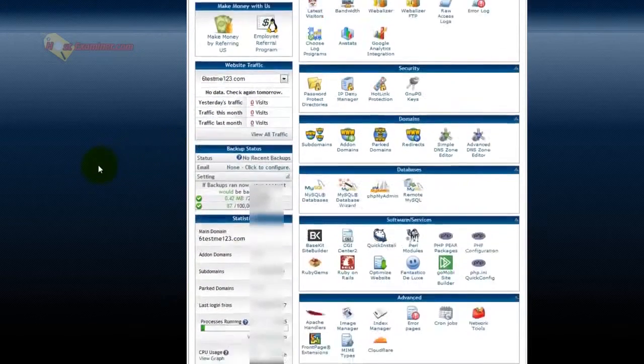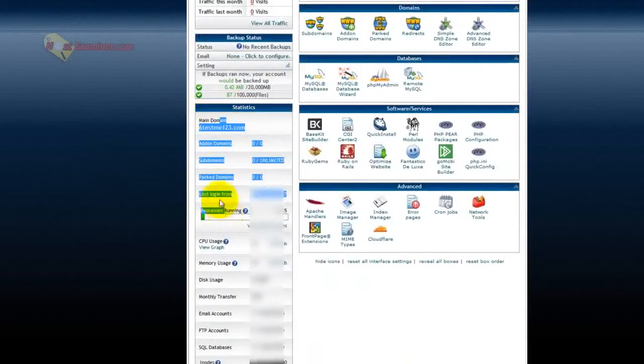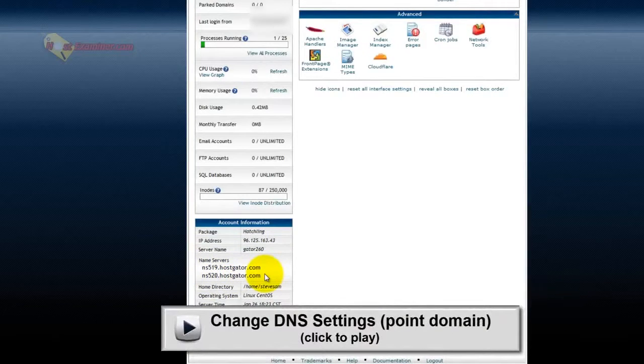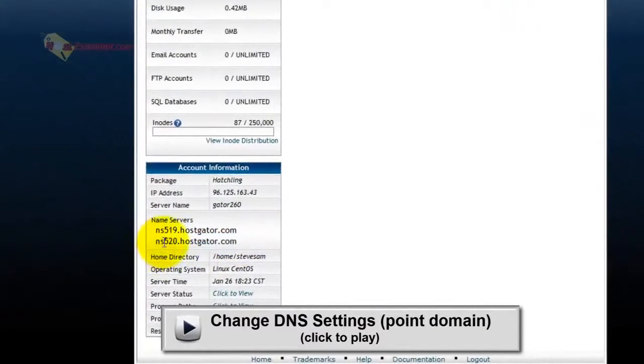The other thing is right down here is all the info on your server and your hosting plan, the name servers. So if you have a domain hosted somewhere else like GoDaddy and you don't want to have to pay to transfer it, I'd recommend you just point the DNS to this hosting account. If you don't know what that means, there's another video on that too. So that way it's free. All you're doing is connecting the domain with your hosting account without having to pay anything. You just need these two name servers. You would paste number one name server and number two name